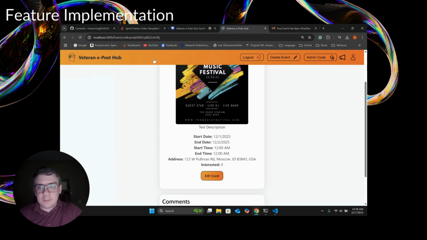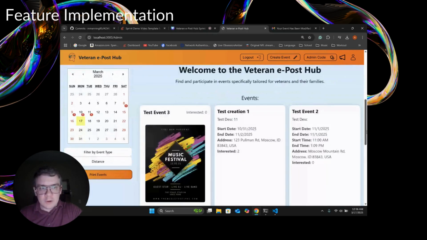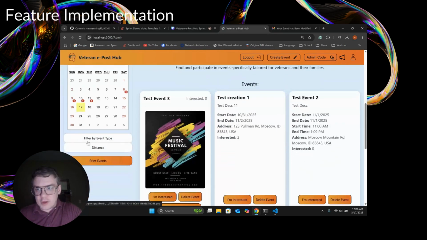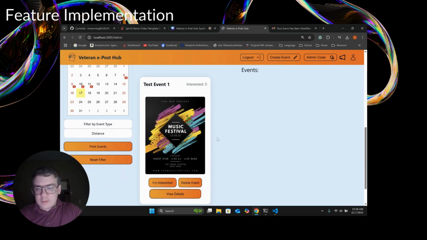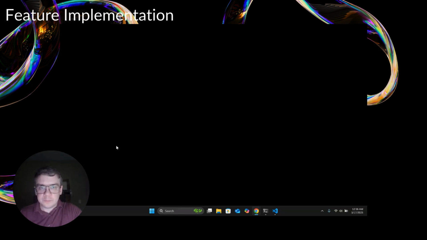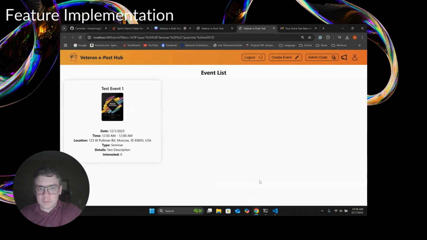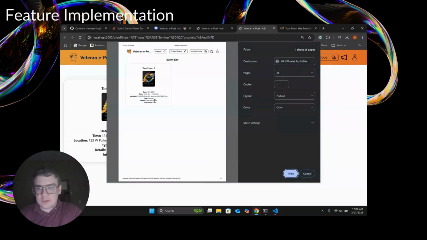And I would say the last major feature we've done is printing events. So, we have our filter button here. I'll just change it to seminar. That brings up the event we just created, and we'll click print events. Brings up our print window, and there's the event that we've selected. I can print it,